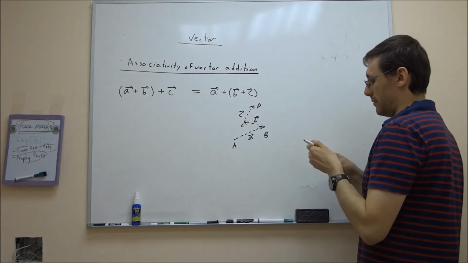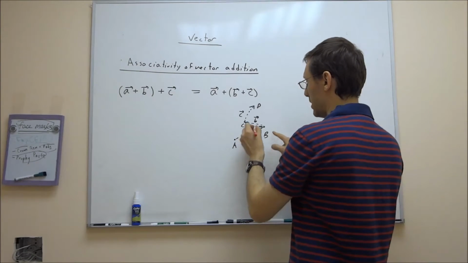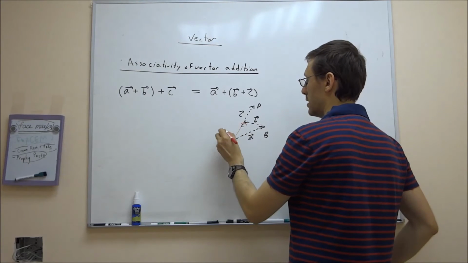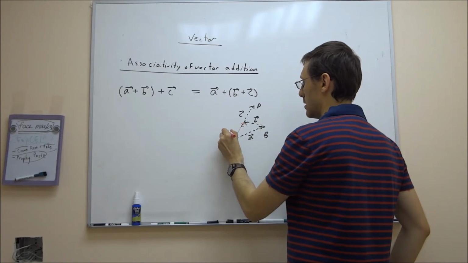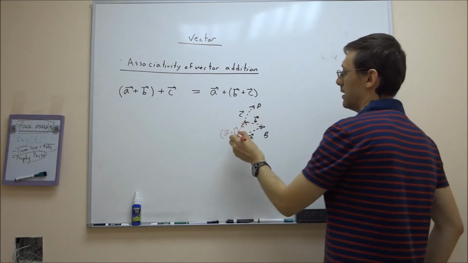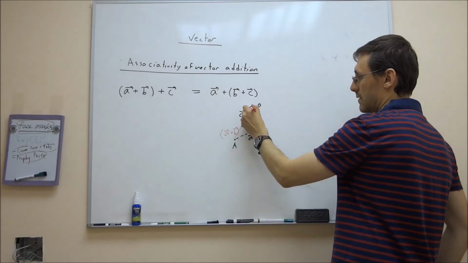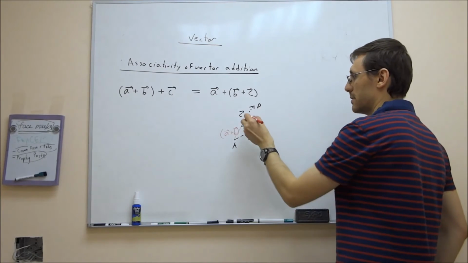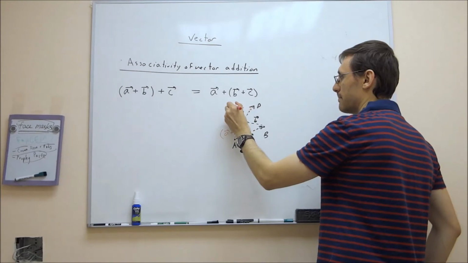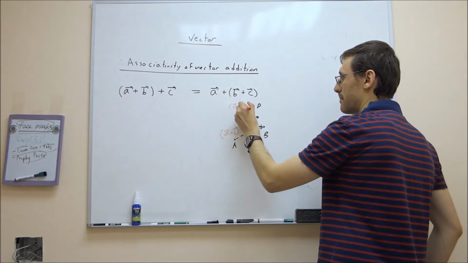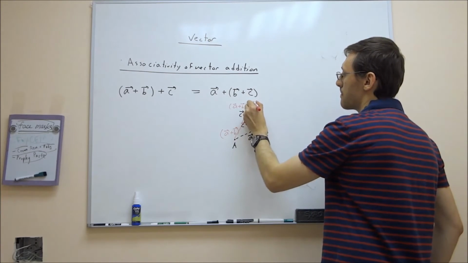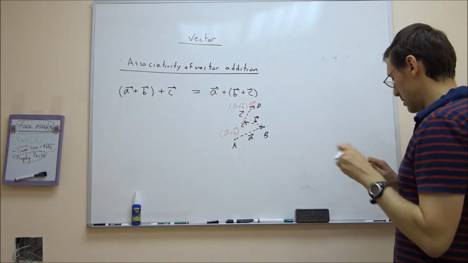So the displacement from capital A to capital B is this vector here. This vector is A plus B. And then A plus B plus this vector will give me A plus B plus C. On the other hand,